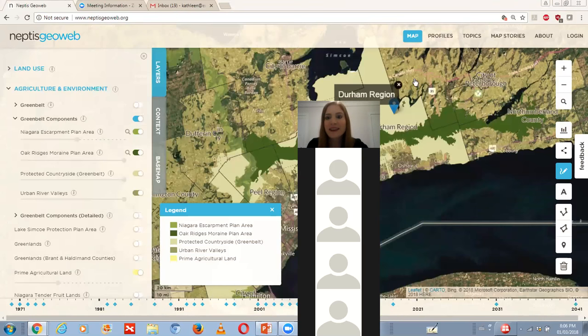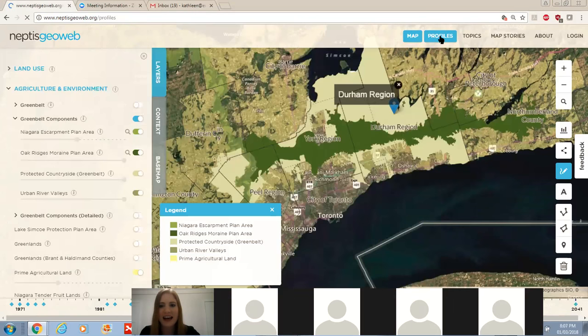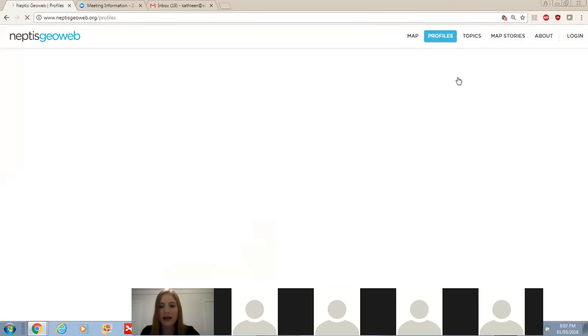Okay, now what I'd like to do as well is go through some of the other features. Right now we've been in maps so far, but we're actually going to move over to profiles. If you look at my mouse right now, I'm hovering over profiles. You can just follow my screen for now. It might be a bit easier. But click on profiles for me. And